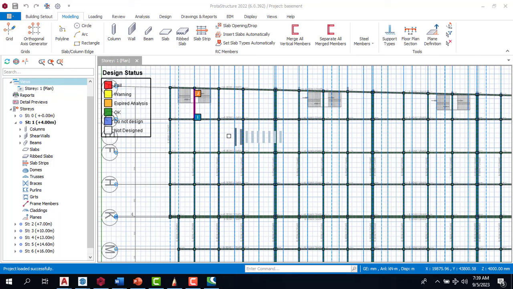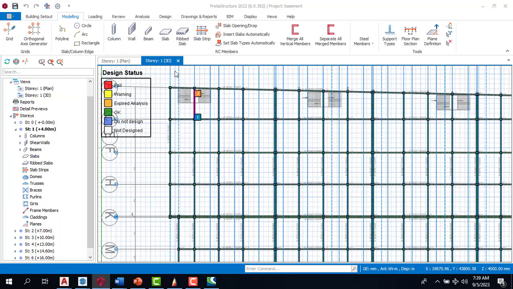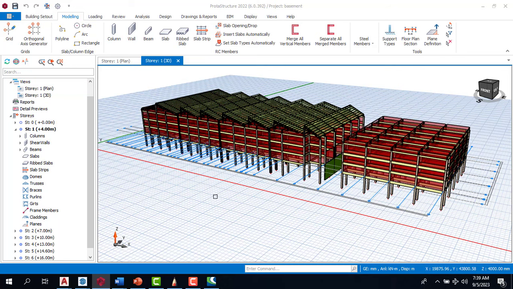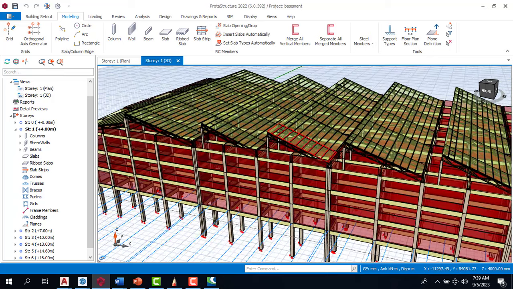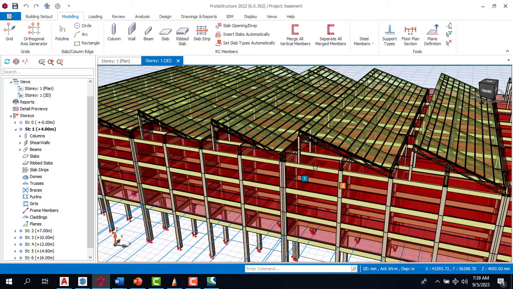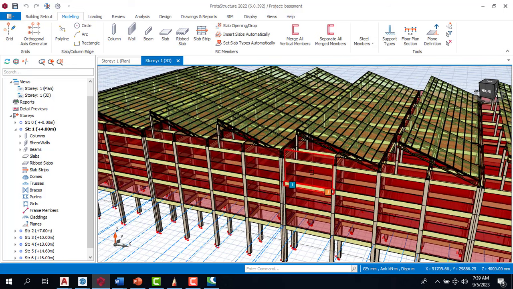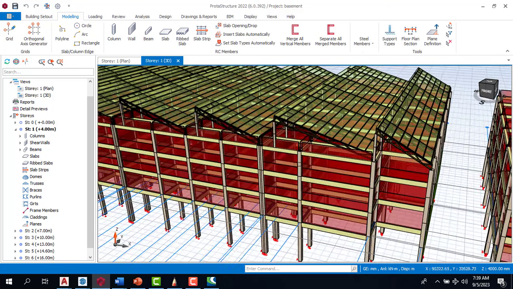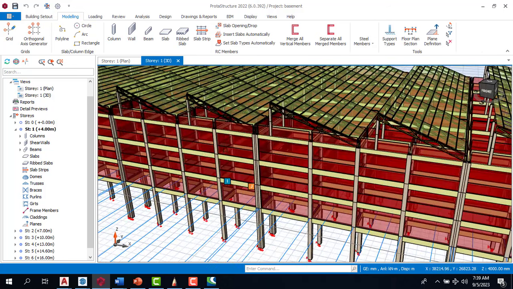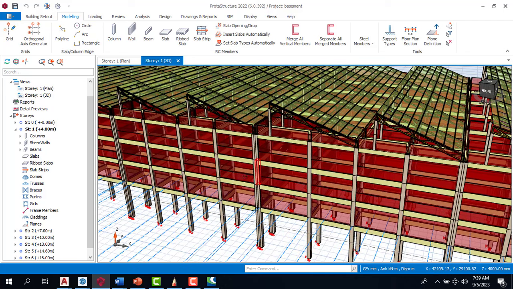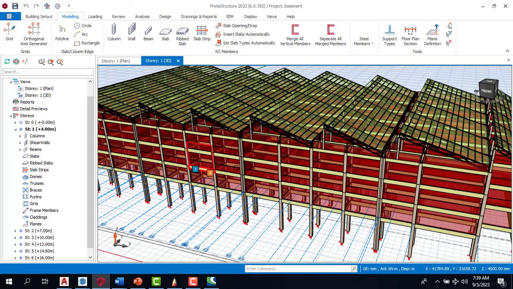So it's taking a little while to load. Okay, this is the 3D view. Here we have a retaining wall around here, and then you can see the roof here. It's actually a steel roof, and this is the wall load. You can add opening to your wall load. In the course of the training, I'm going to be showing you how to add opening to your wall load. For example, like the opening of your windows or doors, or just an ordinary opening that you have there. You can actually include all of those openings here, and then